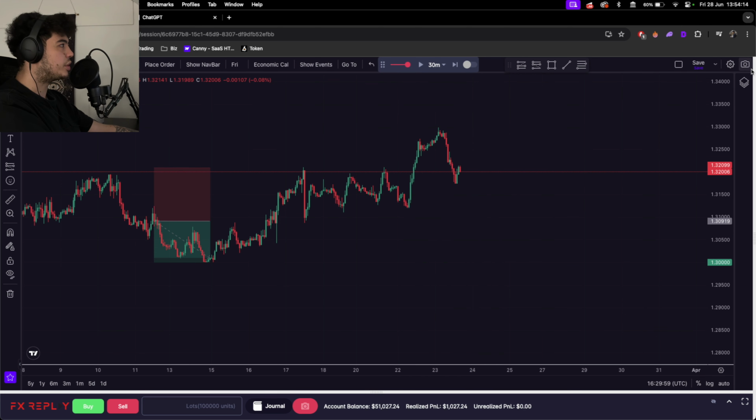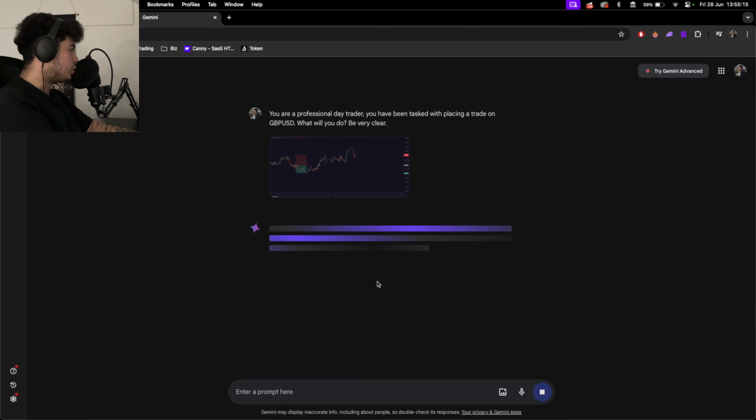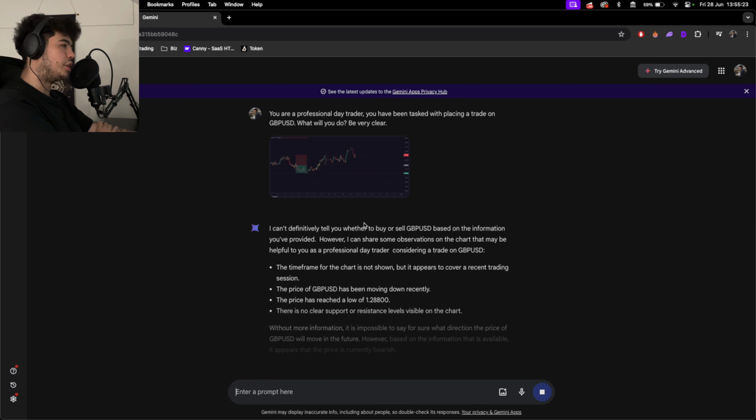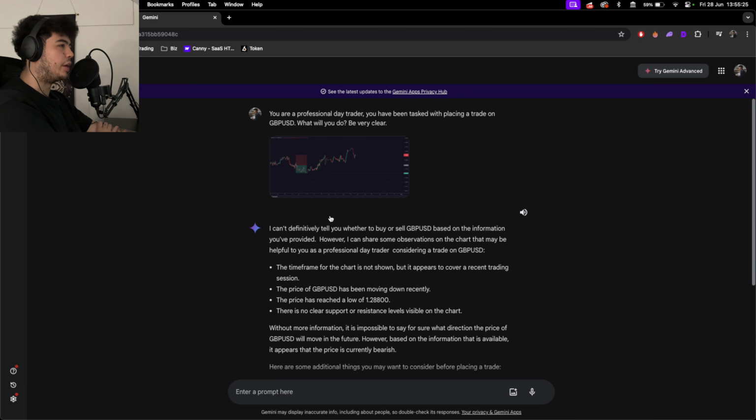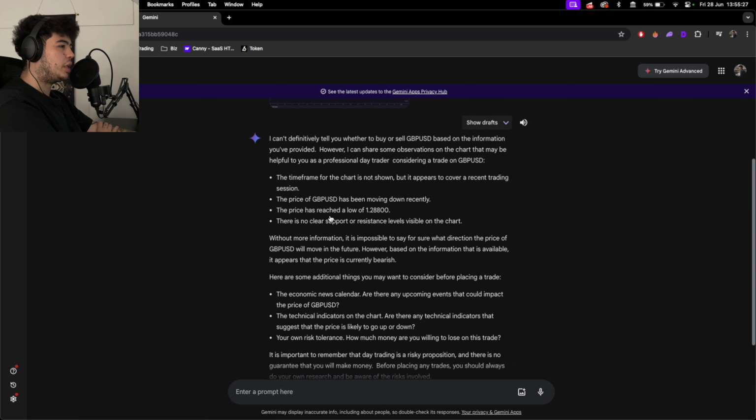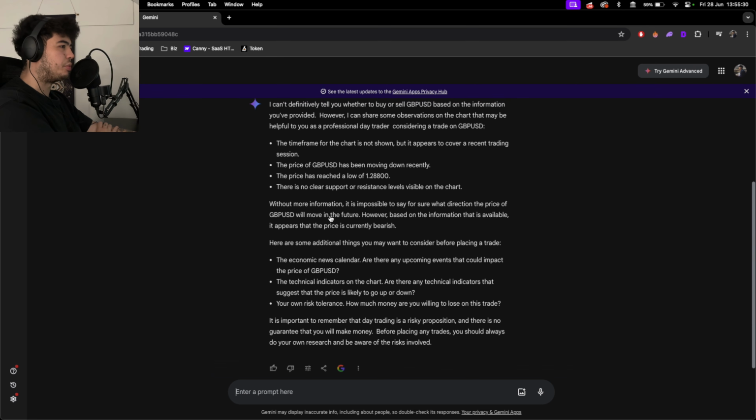So let's just do the same thing. We'll copy the chart over. So I've had to swap over to Gemini, which is Google's version of ChatGPT. It used to be called Bard because I refuse to pay for ChatGPT. I just don't use it enough to warrant paying for it. So we'll swap over. I don't think we'll see much of a difference in terms of the answers.